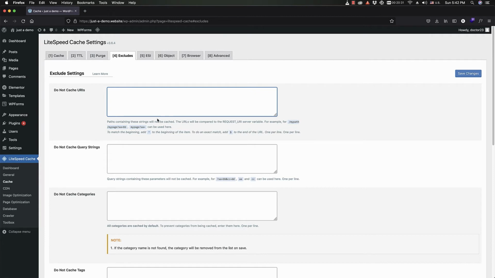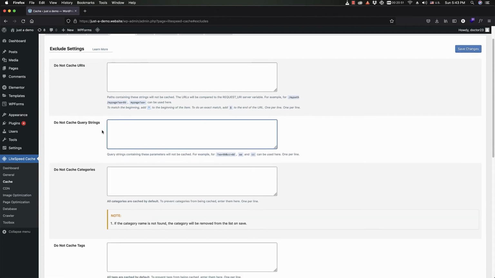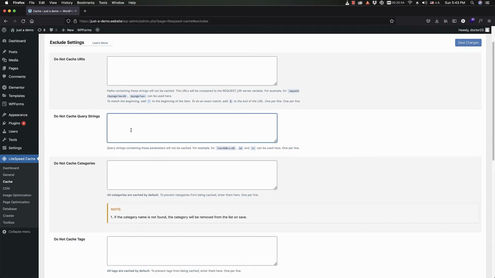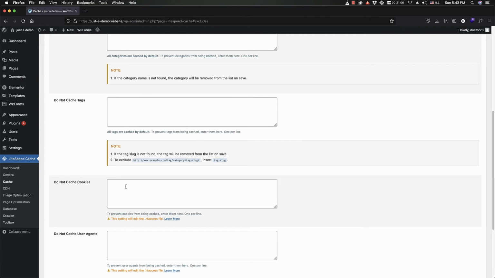And if you want to just specify one exact URL, you can just use the $ sign at the end of the URL, or you can just use this symbol here for just marking the beginning of a URL. So you want to just say, okay, the beginning can be anything, but the end should be like this. And you can, of course, exclude some strings, some query strings here. You can just enter them, and you can exclude categories, and you can exclude tags, and also you can just